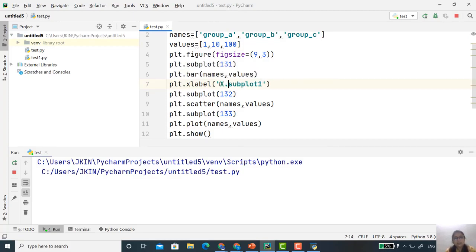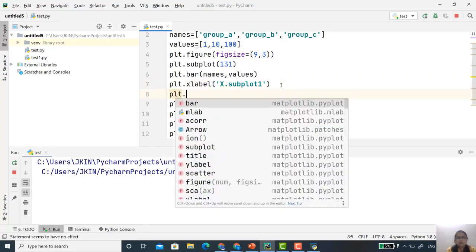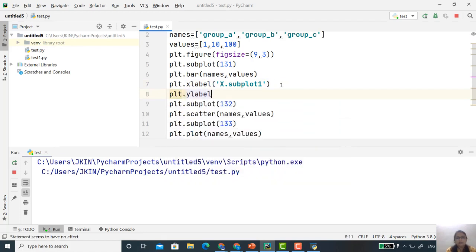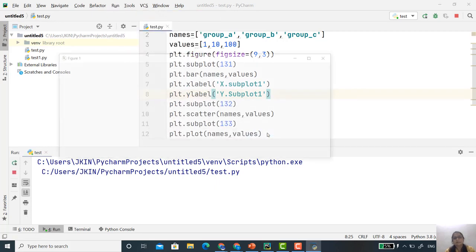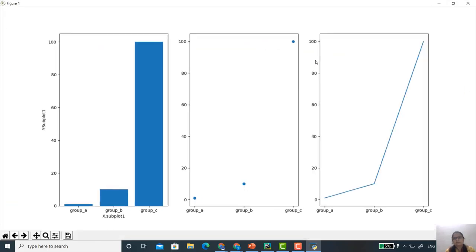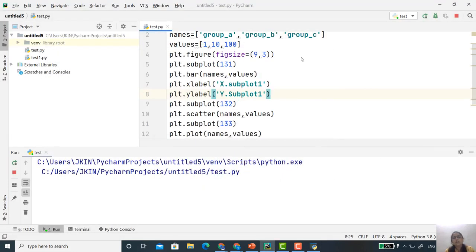So I'm writing 'x subplot 1', and here plt.ylabel, and I write 'y subplot 1'. Let's see. See here, x subplot 1, y subplot 1. Similarly you can do this for the second graph and third graph, and also you can provide the title.